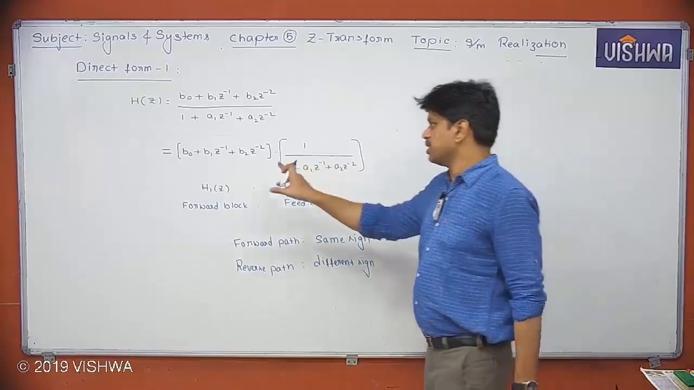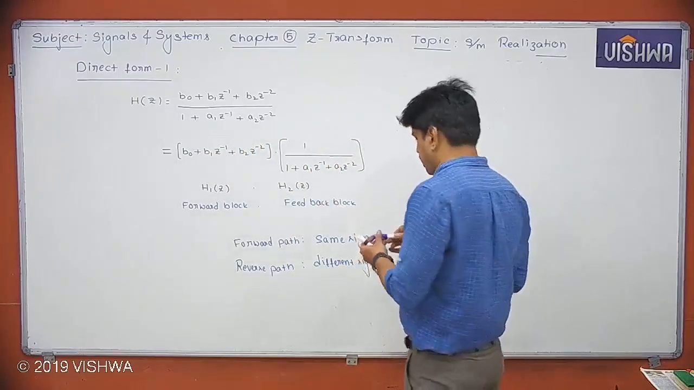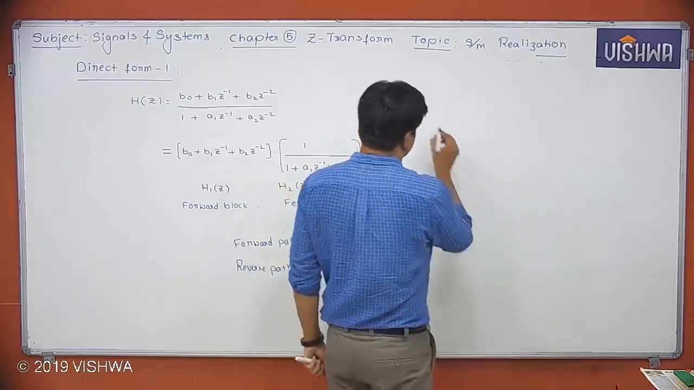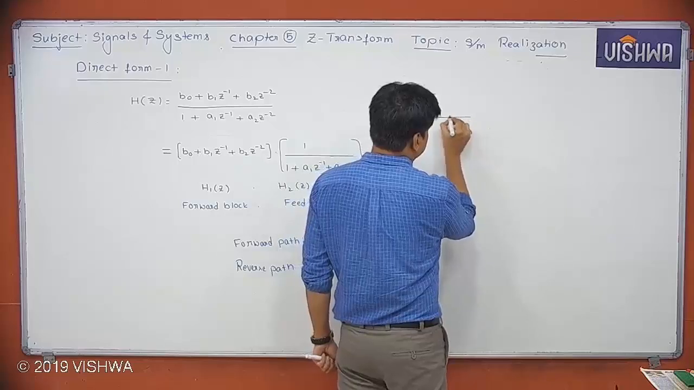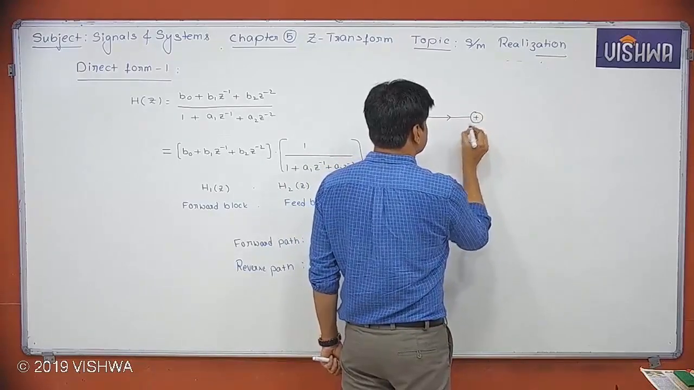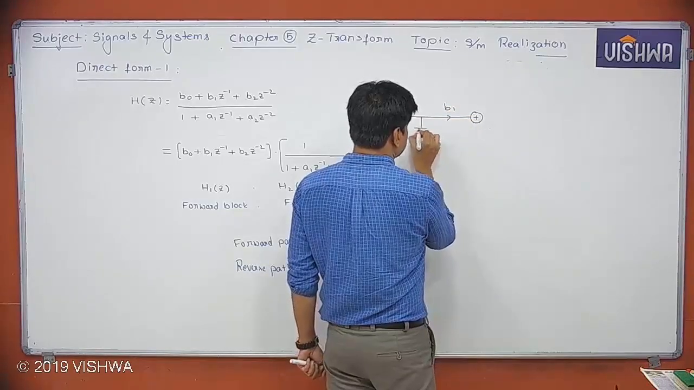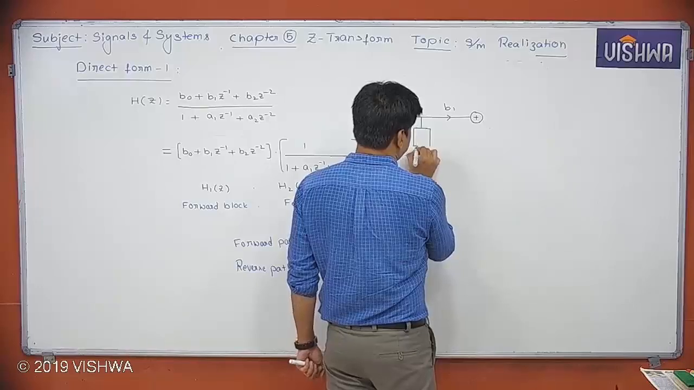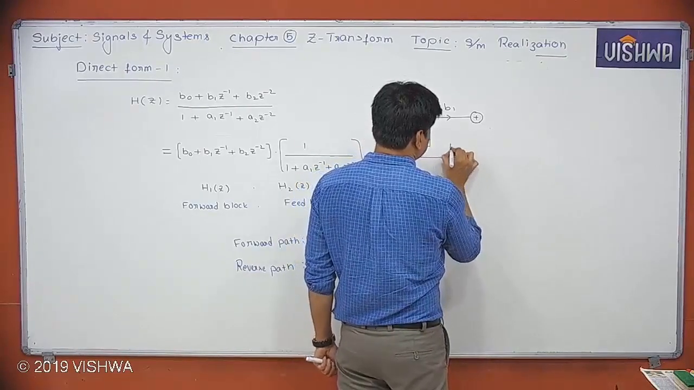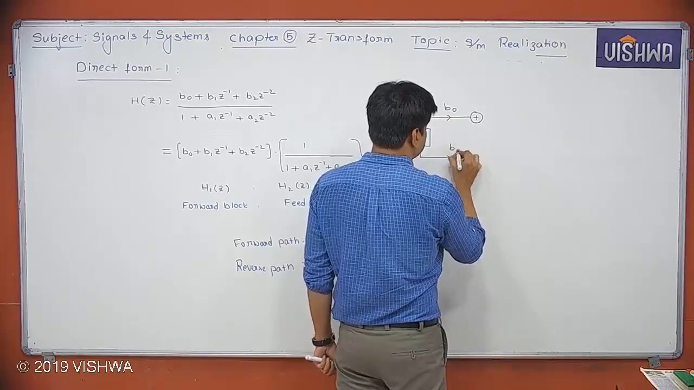That means I will create the numerator part, then I will create the denominator part. So let's see how we can do this. Let's say first I am creating the forward block. So to get the forward block, B1, and we are having Z inverse, Z inverse. Then we are having B naught, B1,